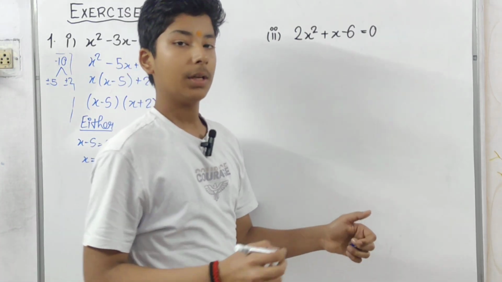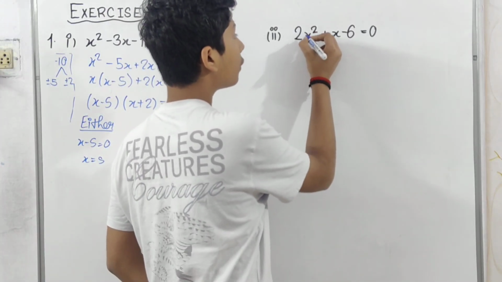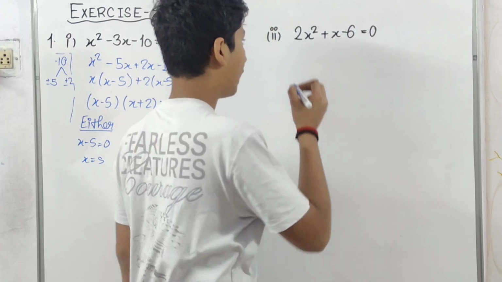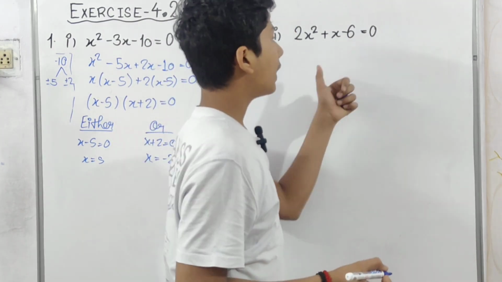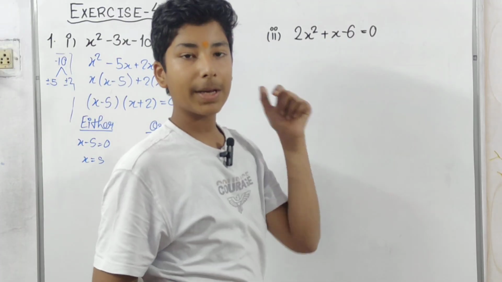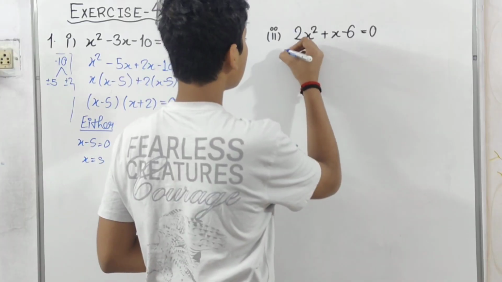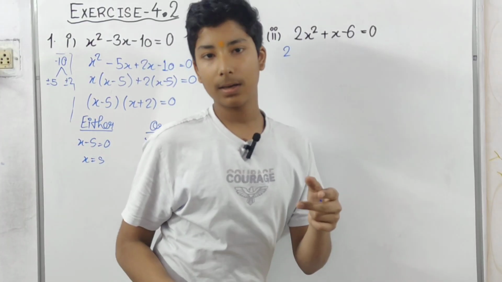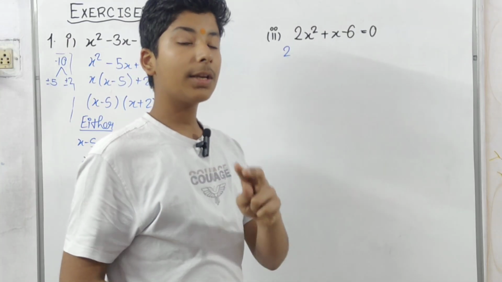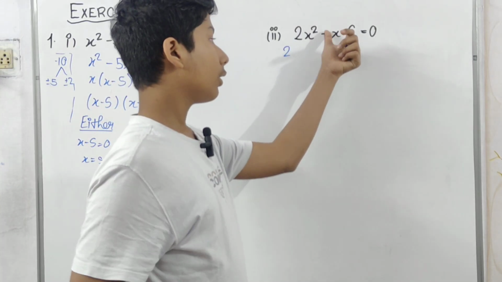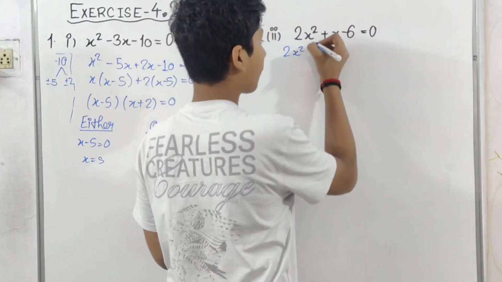Now we'll solve this one. This one also we have to solve using the factorization method. So 2 into minus 6 is minus 12x square, and we have to find two numbers which when multiplied give minus 12x square, and when added give x. So the factors of 12 are 12 into 1, 6 into 2, and 4 into 3. The difference between 4 and 3 is 1, and the coefficient of x is also 1. So we'll just put it that way.